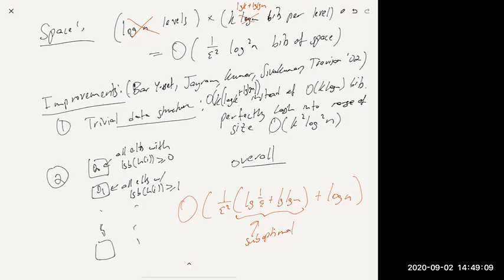This is just for constant failure probability, right? Yes. And then if you wanted failure probability delta, you could do the usual trick of running log 1 over delta of these in parallel and outputting the median result. That would give you the whole thing here times log n, times log 1 over delta. But the true optimal bound